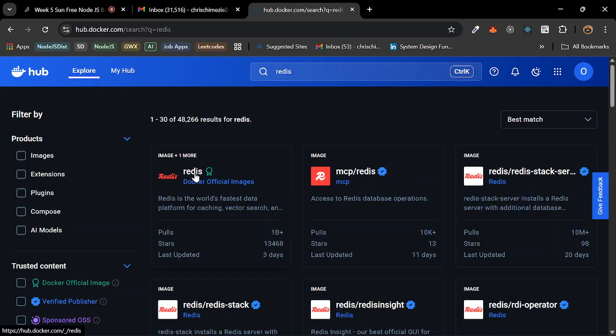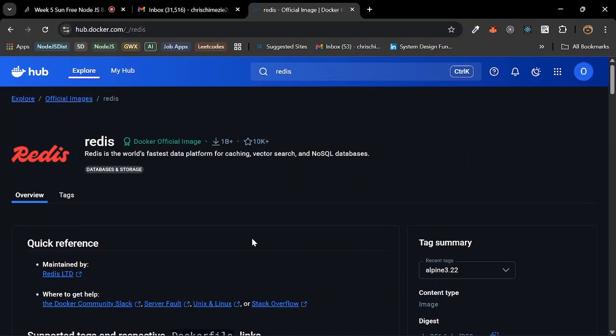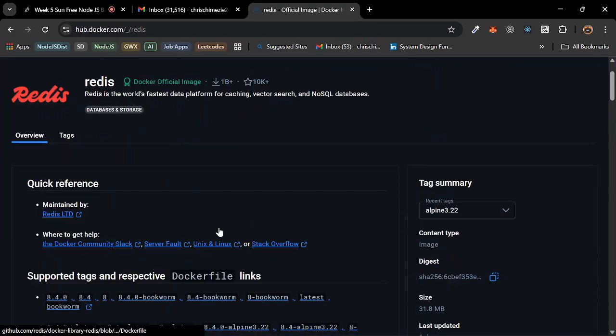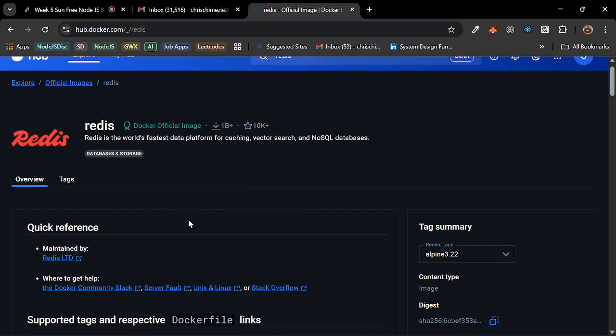So this is the Redis image, right? I'm going to push our application image to this Docker Hub, you're going to see. So this is Redis. Instead of downloading Redis software, like I told us to download, you can choose not to use the software and use the image, right? And this is how